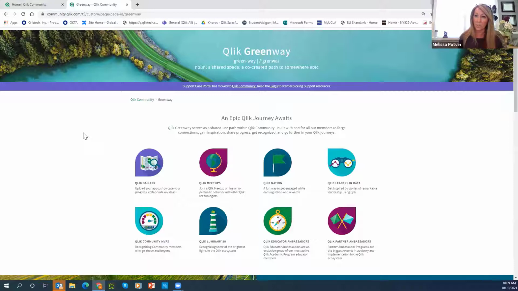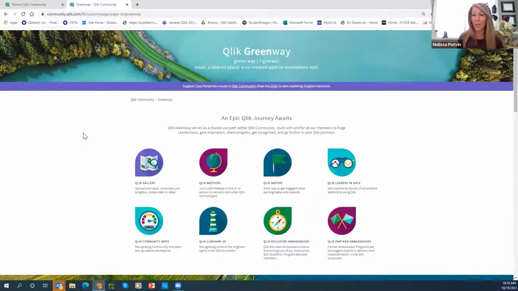What we do here on the community team is try to bring it all together for you through the community so that you have some assistance in navigating all these various communities. So we have Qlik Nation. We've got the Qlik Meetup program. You could potentially consider to be a meetup captain. We have our community MVP program, which we just relaunched.